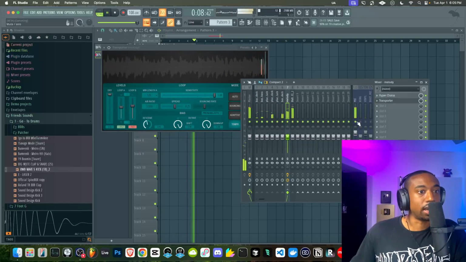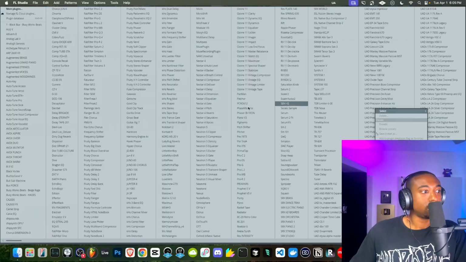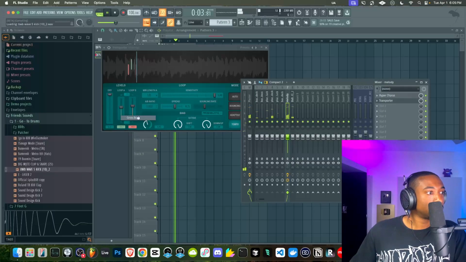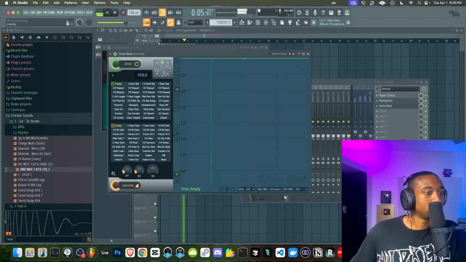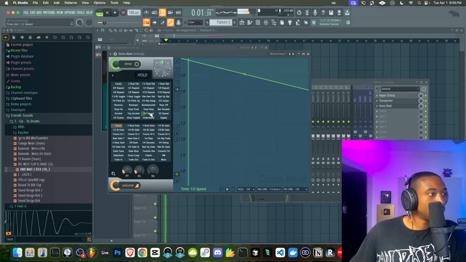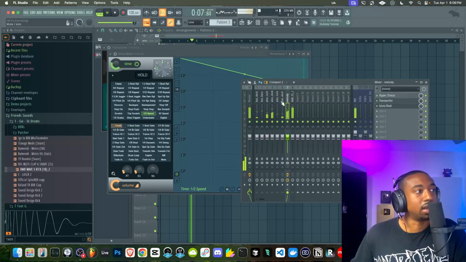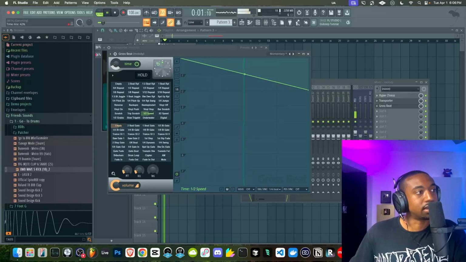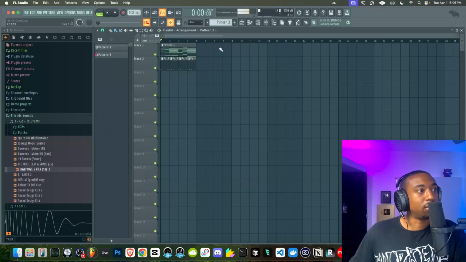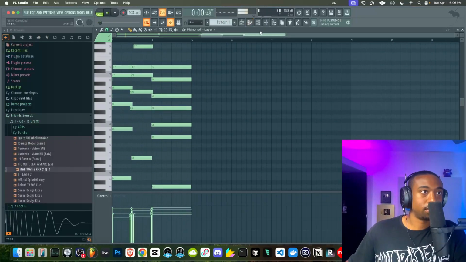Now we can do weird stuff like add Gross Beat. There's too many time layers, so never mind. Gross Beat doesn't sound good for this. Maybe if we double click, pull it up an octave.